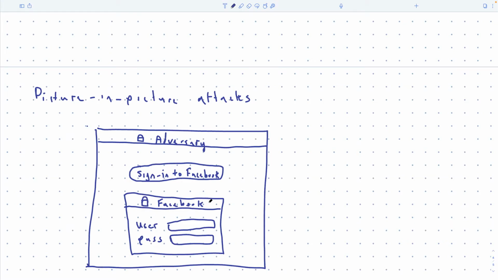So if you're on a bad website and they launch a new window, and the new window is to the correct URL, you check it out, and there's actually a lock and things like that, is it actually safe to put your username and password into it?